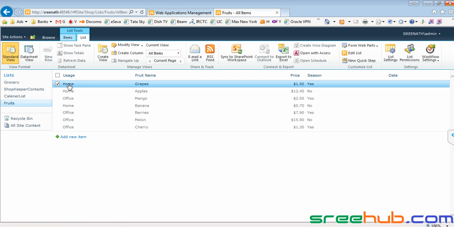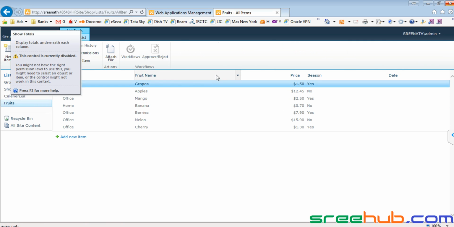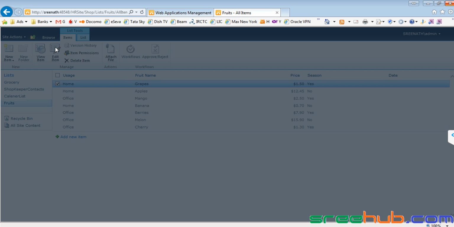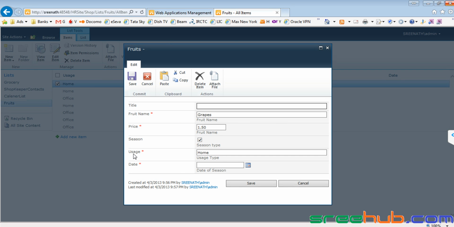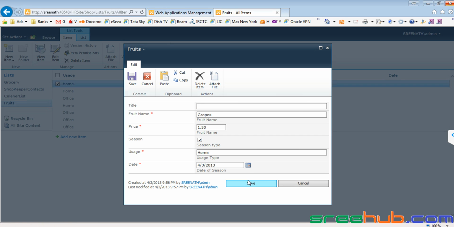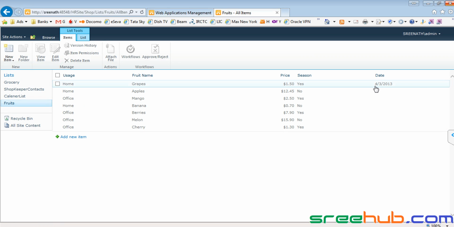No. Okay. Just let us add some things here. Let us go back, because I want to show you some other type of view which is very important again. Let me just add something. See here, you got the column here, right? Date. So you have a symbol here again. I hope you guys have seen this symbol. Click on this symbol, you will get the calendar symbol. And let me add today's date. Click on save, right? I got the date today, right?